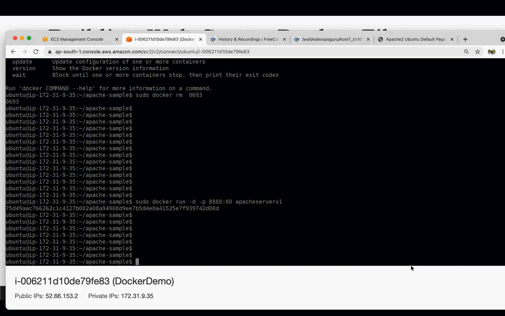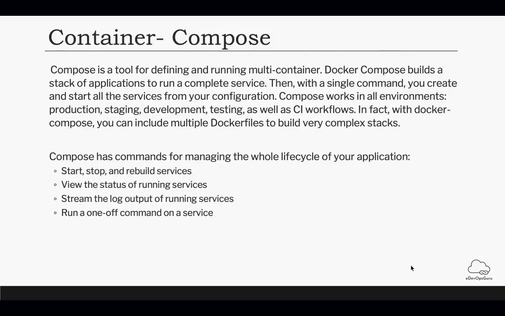Building and running those Docker containers becomes very difficult if you have to use the docker run command and other things. So there is another tool, Docker Compose. Docker Compose is a tool which helps you to manage or run multiple containers from a single file.